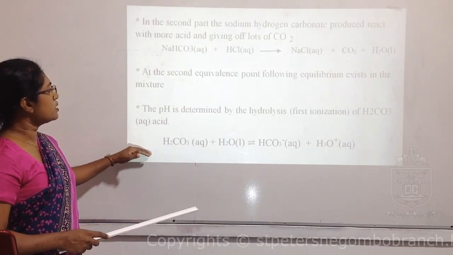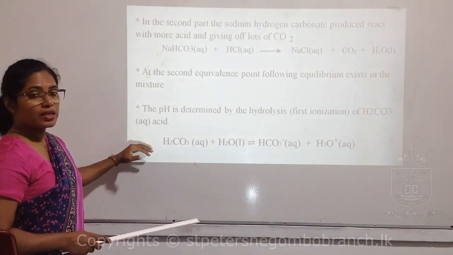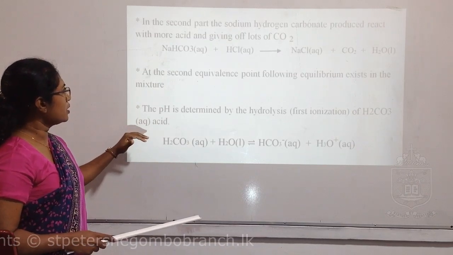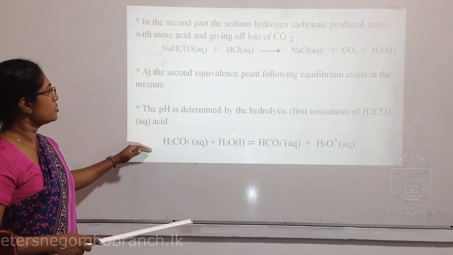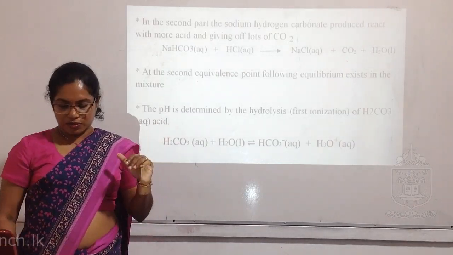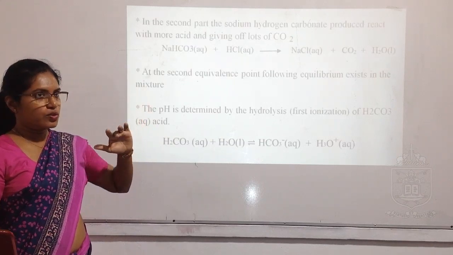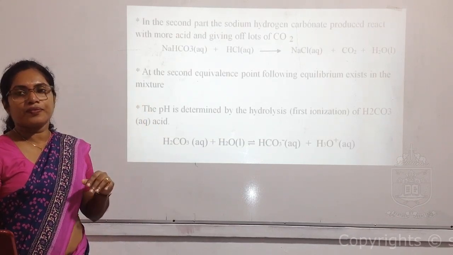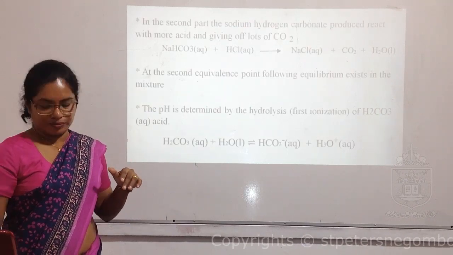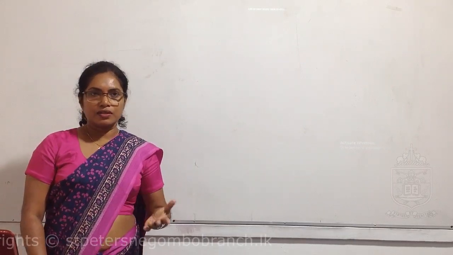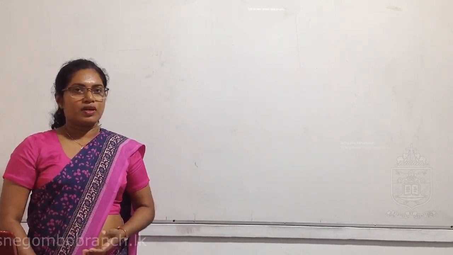So this is the equilibrium that exists after the second equivalence point of the solution. That's why we can find two changes, two equivalence points, in our graph. This is the end of our lesson, and in our next video I hope to discuss